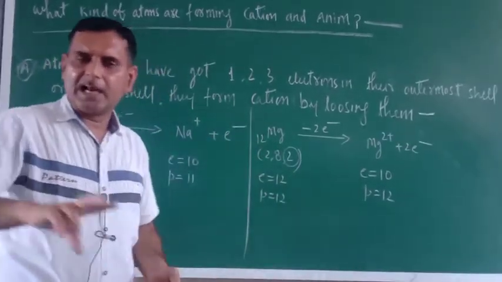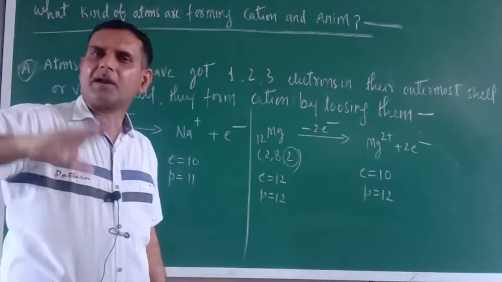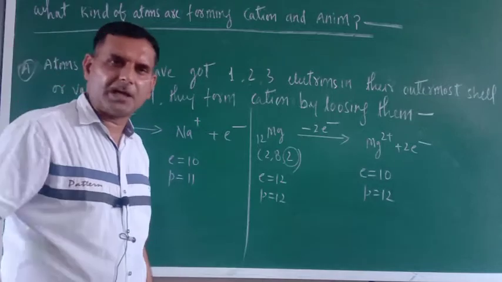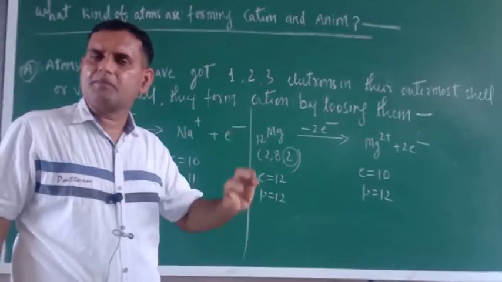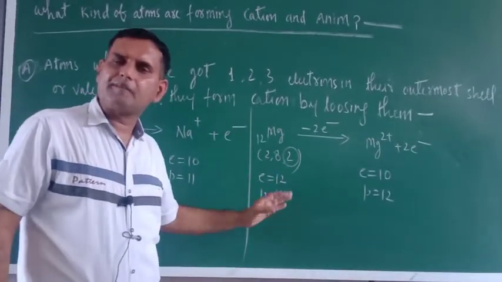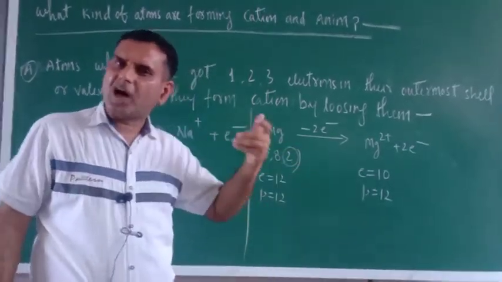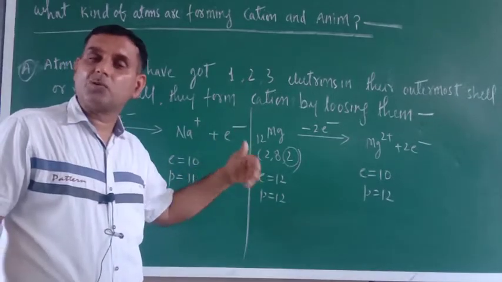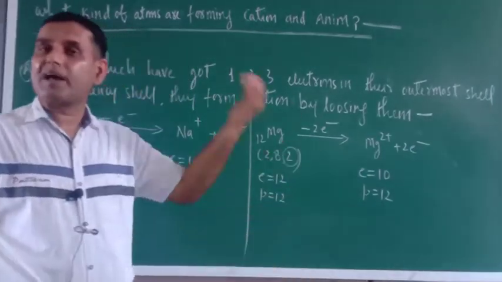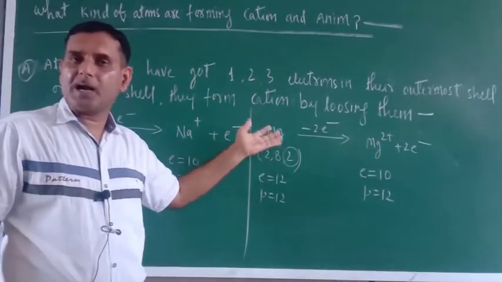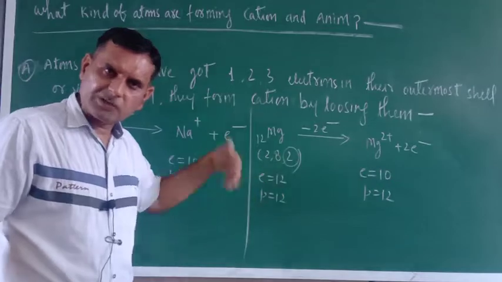Try to understand. Electrons are the only ones taking part in the chemical reaction. That is why the electron number may increase or decrease during the course of a chemical reaction. Protons are found in the nucleus, and the nucleus does not take part in the chemical reaction. That is why the number of protons remains constant, let it be atom or ion, because a charged atom is known as an ion. An ion is formed either by losing electrons or by gaining electrons. Since here I am teaching you cation, it is by losing; anion means by gaining electrons. That also I will explain.